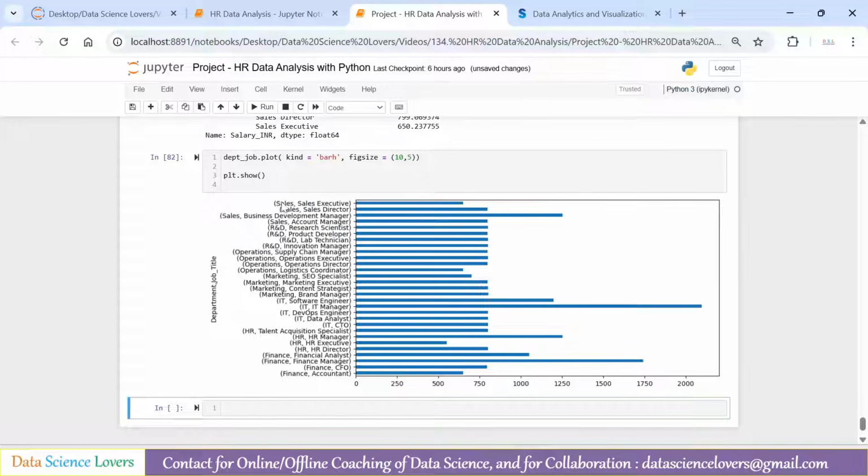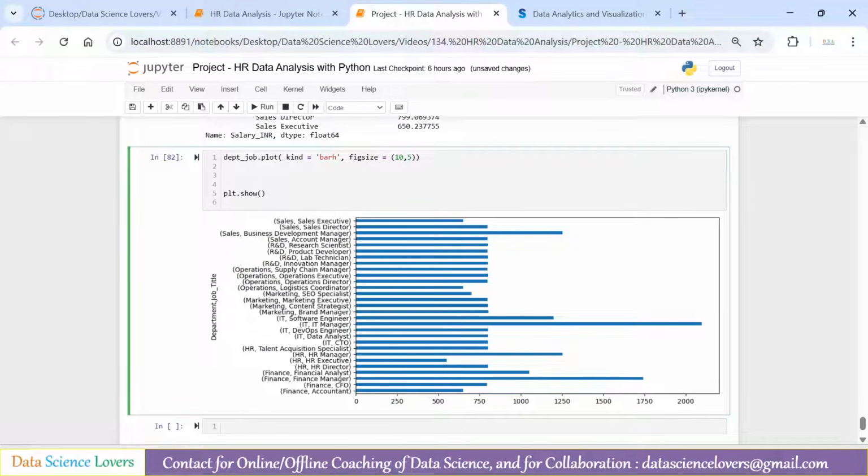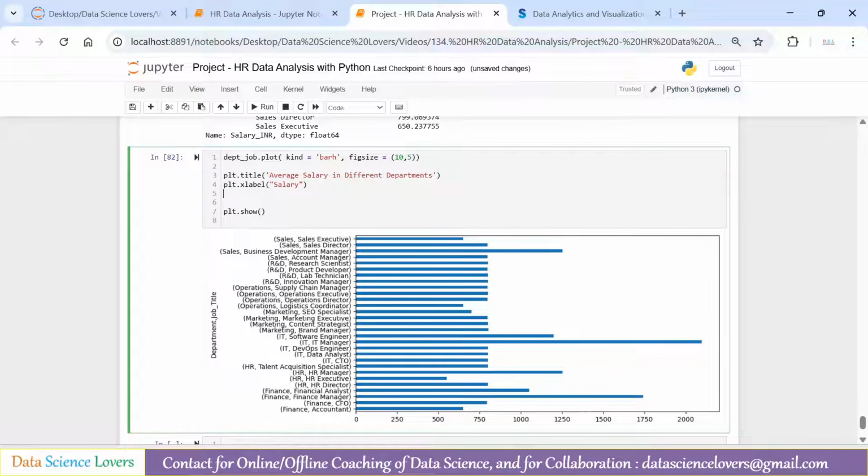Here it is showing the department at first, then it is showing the job title. The department R&D and the job title innovation manager, and this is the average salary for this job title in this department. Here also we have IT department and IT manager and the average salary. Here on the x-axis we have the numeric values, the salary, while on the y-axis we have the categorical values, the department and the job title. We can customize this, and first of all we will pass the title